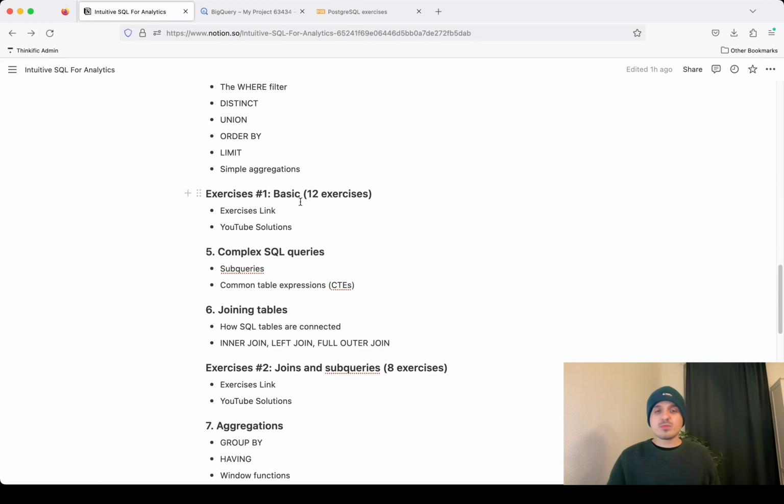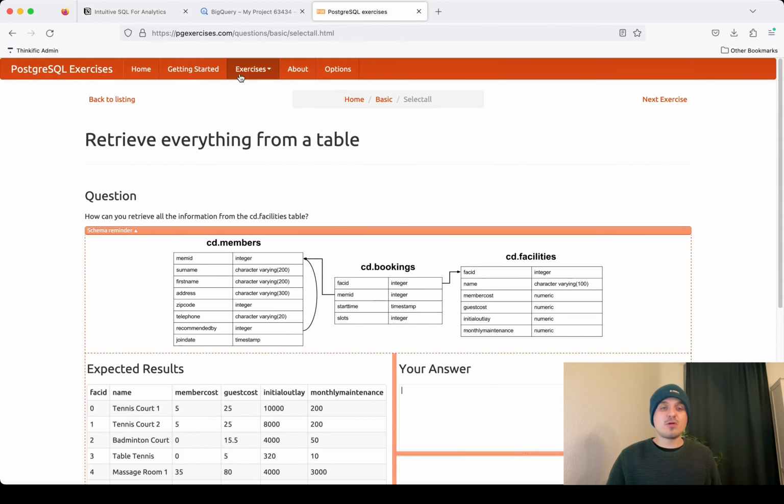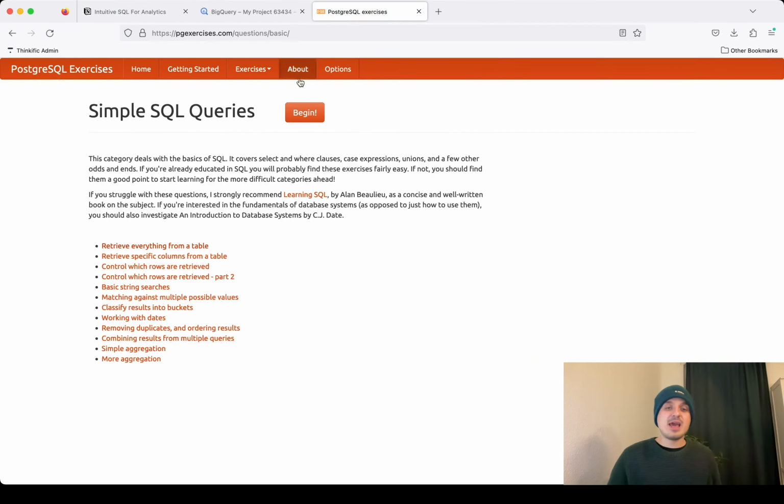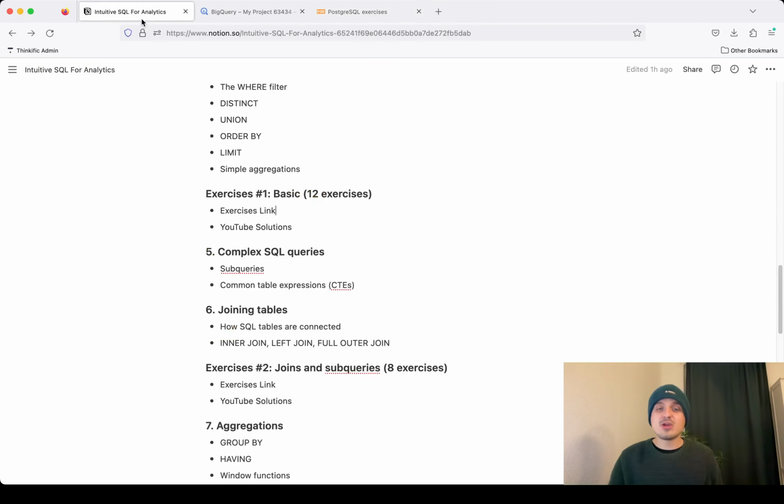Don't worry about the fact that there's no links yet. I will add them, but this basically involves going to this PostgreSQL exercises website and going here and doing this first batch of exercises. And like I said before, after you've done the exercises, you can watch the video of me also solving them